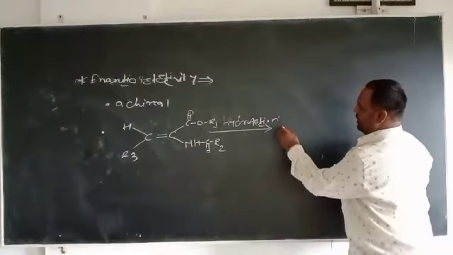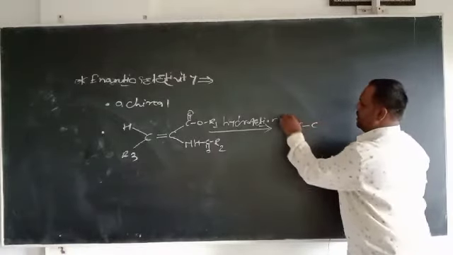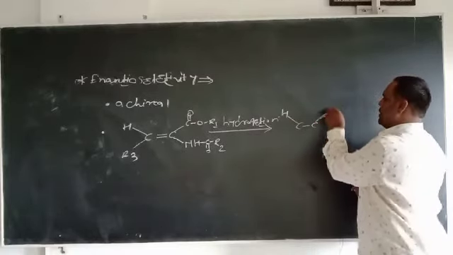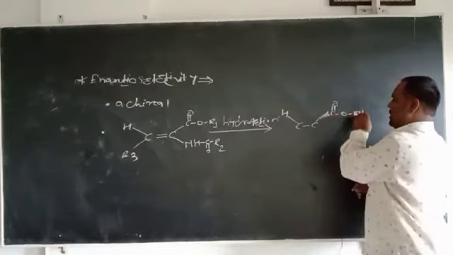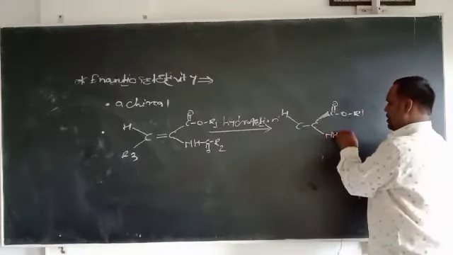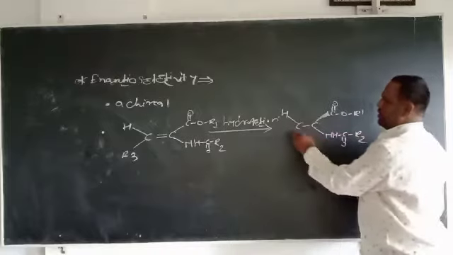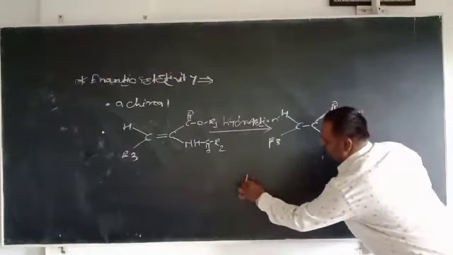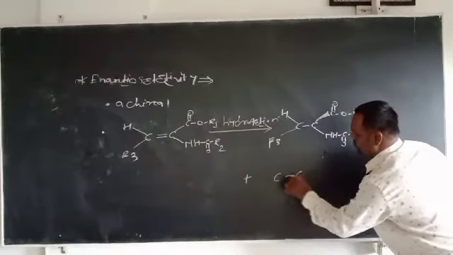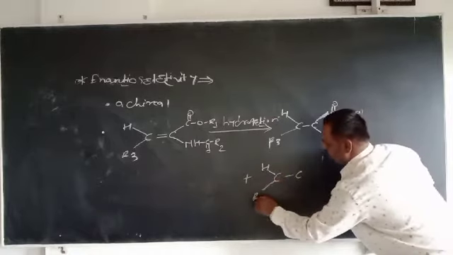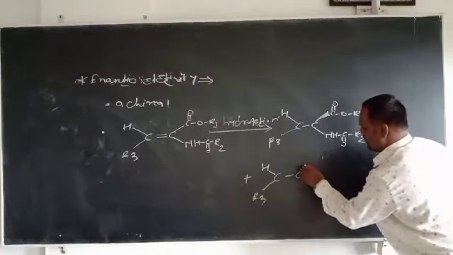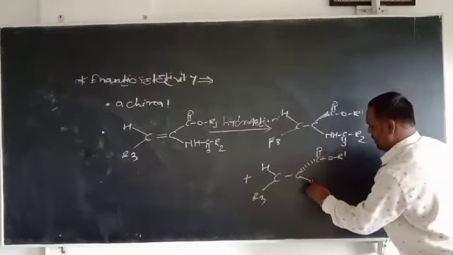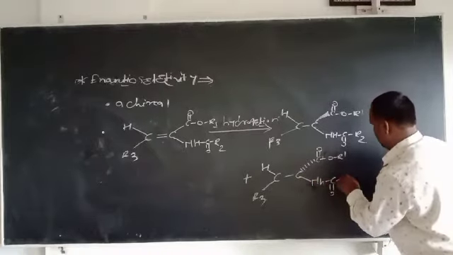So we get here C, here hydrogen, and this group is above the plane, that is C double bond O R1, dash, here NH C double bond O R2, and here R3. So we get this product, as well as another product, CH R3, in which this group is below the plane, that is C double bond O R1, dash, and here NH C double bond O R2.